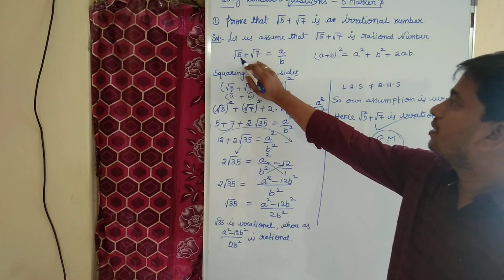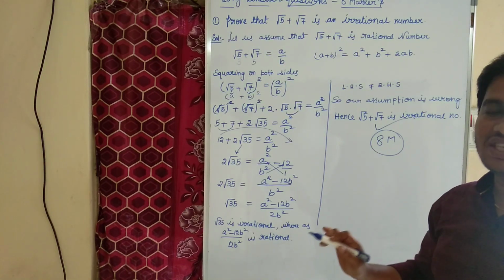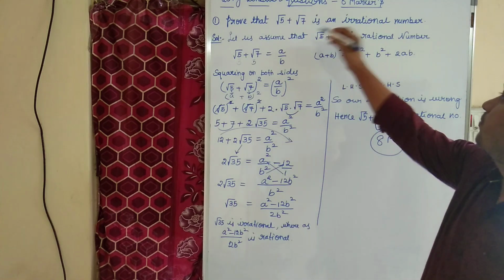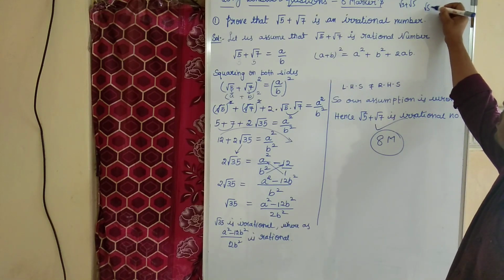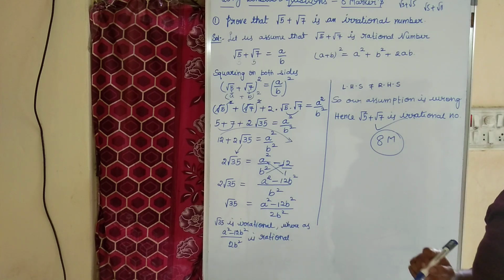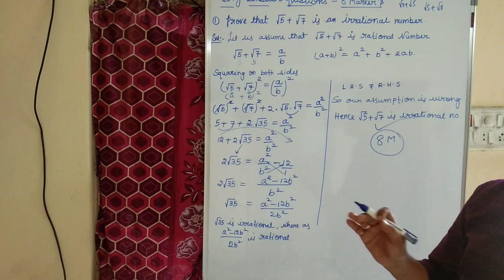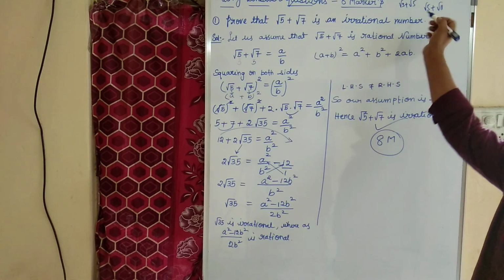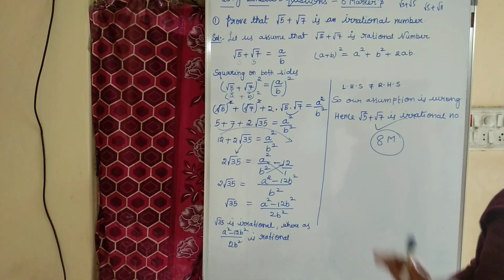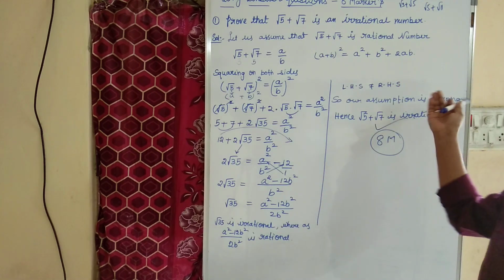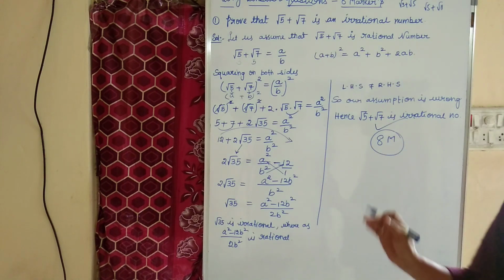They may change the numbers. They may put 3 here or they may put 5 here. Same method. Once you practice, instead of root 5 plus root 7, it may be root 3 plus root 5, or root 5 plus root 11. Only the numbers change, the procedure is the same, only addition and multiplication. If it is 3 and 5, 3 plus 5 is 8, 3 into 5 is 15. If it is 5 and 11, 5 plus 11, 16, 5 into 11, 55. Children, practice well. Easily you will get 8 marks. Okay, children?